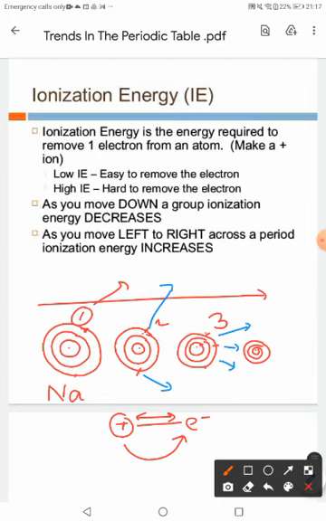That means the ionization energy is increasing because we have to remove the valence electron, and due to the decrease in atomic size, the distance between the protons and electrons is also decreasing. If the distance is decreasing, that means the force of attraction between protons and electrons is increasing, and if protons are holding the electron more tightly, it will be difficult to remove the electrons from the valence shell.